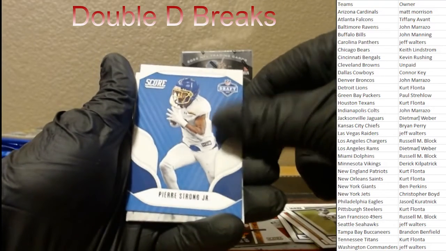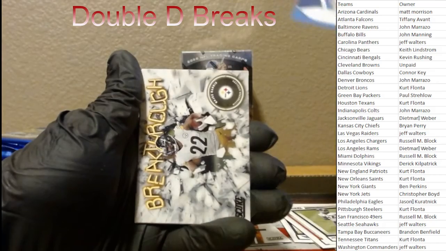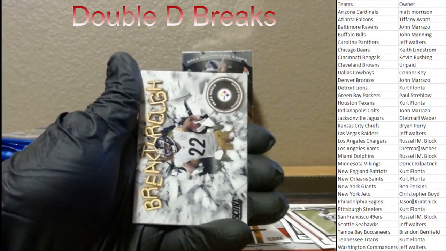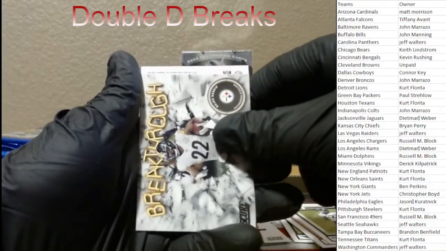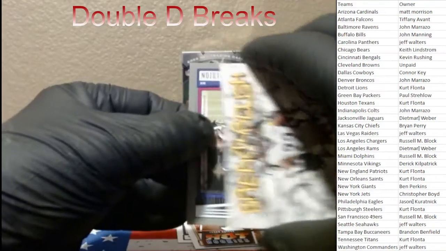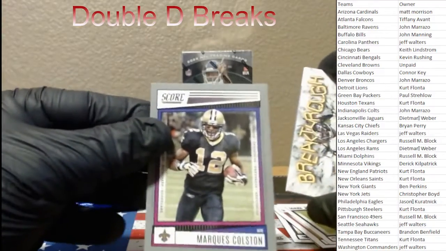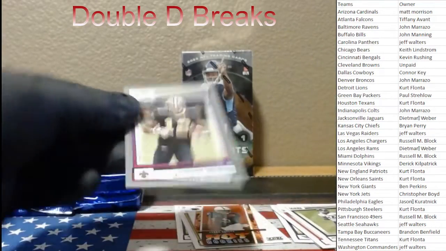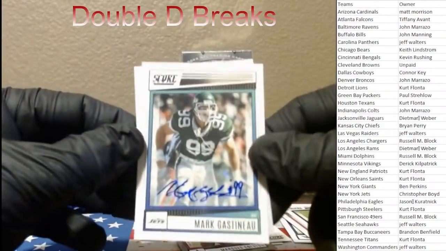I believe he's a, wow, Patriot. Brain fart. And then we got Breakthrough, Najee. So we've got another auto going on behind there. So we'll pull from the back. It's going to be a, whoa, hopefully we didn't show that off. It's going to be a Marcus Colston gray parallel behind there. And our second auto is going to be Mark